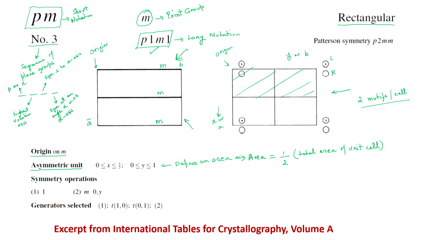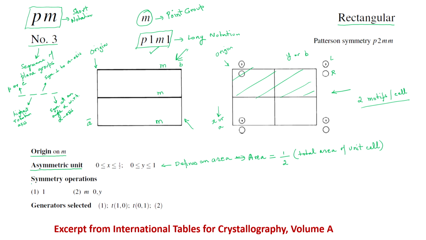Now, what is this asymmetric unit? Well, basically all the objects present inside this asymmetric unit, all the motif elements, or if I had put a single atom only, then there will be only one atom in this, when operated on by translation symmetry, by reflection symmetry, by glide symmetry, etc., will generate the entire pattern. So, we just need to define one small unit and let the symmetry operations work on that unit, and we generate the entire pattern. Whatever atoms I put in this unit will get operated on by the symmetry elements and generate the entire pattern.